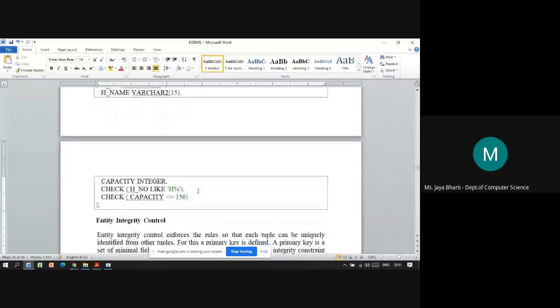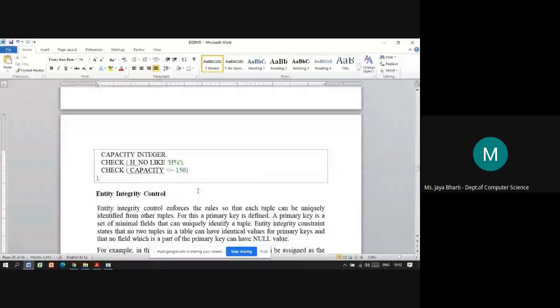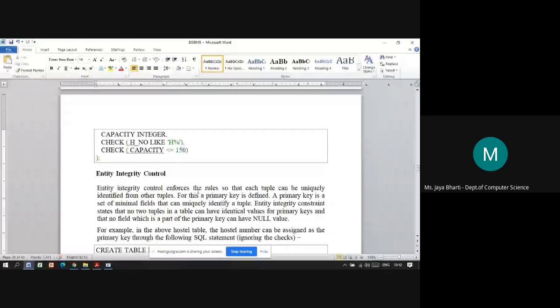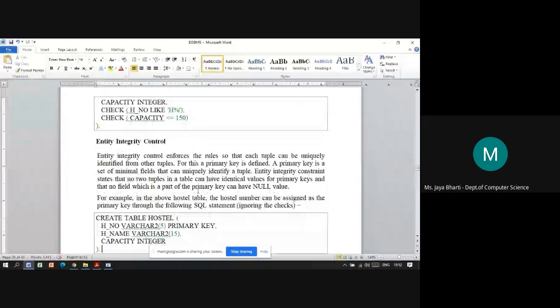The next is the entity integrity control. Now these are the integrity controls or the constraints which we put on the entity. Okay, it enforces the rules so that each tuple can be uniquely identified from the other tuples.